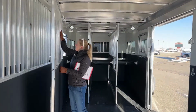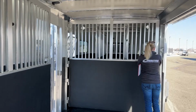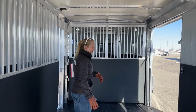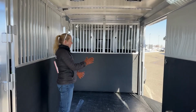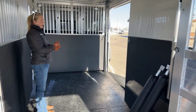And then you've got these huge gates here that swing all the way over, and you can easily make a box stall. I won't close Jody in, but you'll have a big center box that you can use for horses, for hay, anything in this center stall, and it's just going to give you a lot of flexibility with how you're going